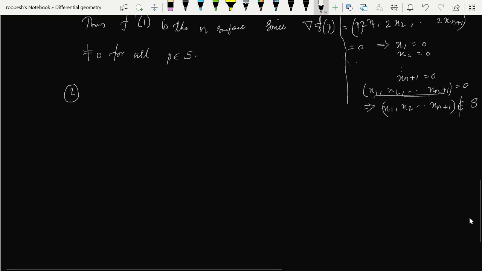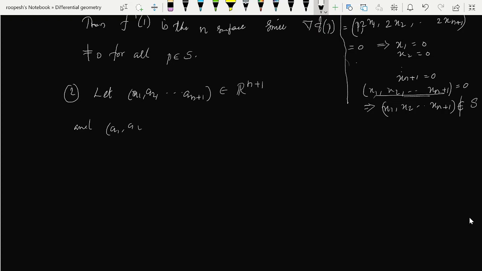Second example: let (a1, a2, ..., a_{n+1}) belong to R^{n+1}. That means this is a point in R^{n+1}, and the further condition is given as (a1, a2, ..., a_{n+1}) is not equal to 0. That means this is a non-zero point. And let some b belong to R. That means b is a real number. The n-plane,